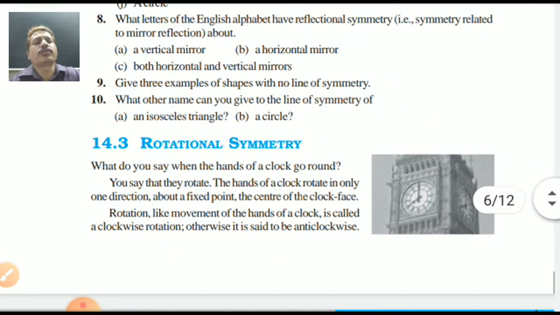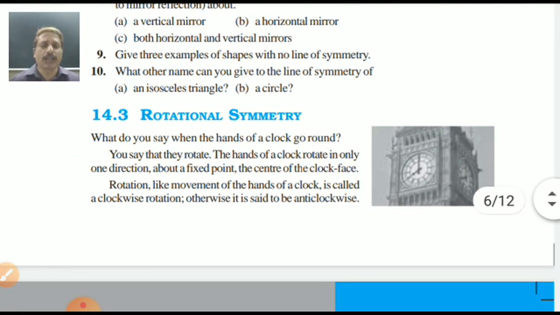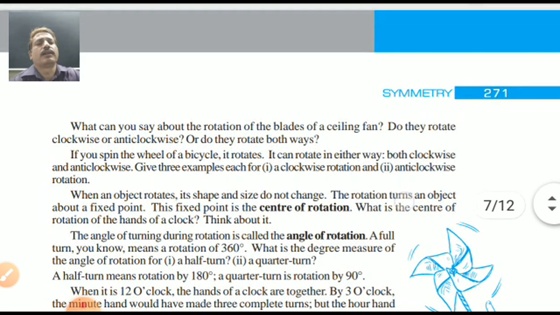Interesting thing. Rotational symmetry. Have you seen the tower? Clock tower. Yes. Symmetrically. It is moving. 4-sided. 1 side, 2 side, 3 side. Center of rotation or angle of rotation. First of all, where you are moving your object. Suppose this is my object. And rotation center means which one? Is it the middle? Yes, middle. Whenever I keep and move like this way, it is showing me the center of the rotation.